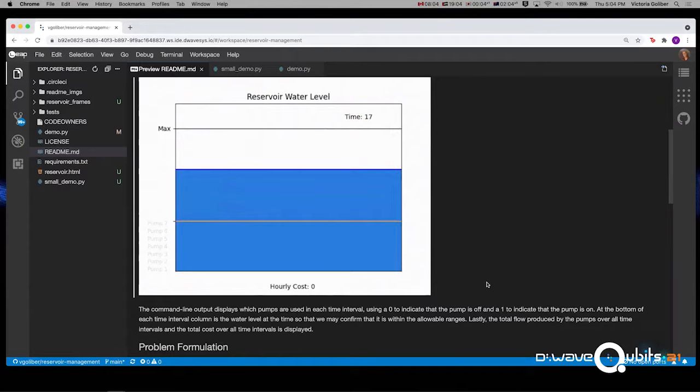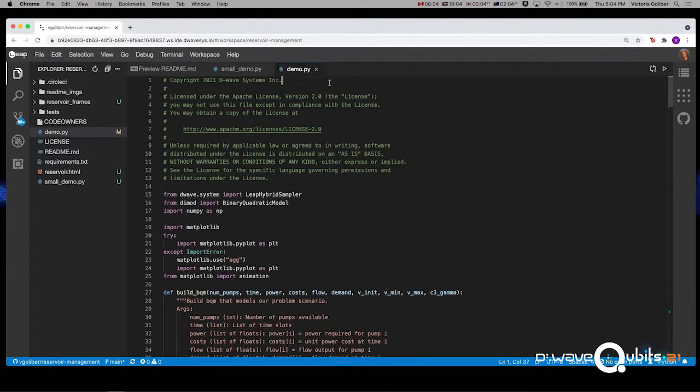I'm going to show this to you and run it on the hybrid solver. Here, this is straight from the collection of code examples. If you go to github.com/dwave-examples, or in Leap, if you click the resources button, you should find the collection of code examples. This is going to use the binary hybrid sampler, our original HSS solver for binary quadratic models.